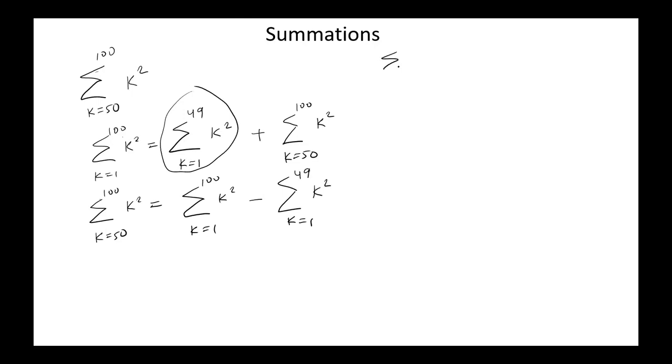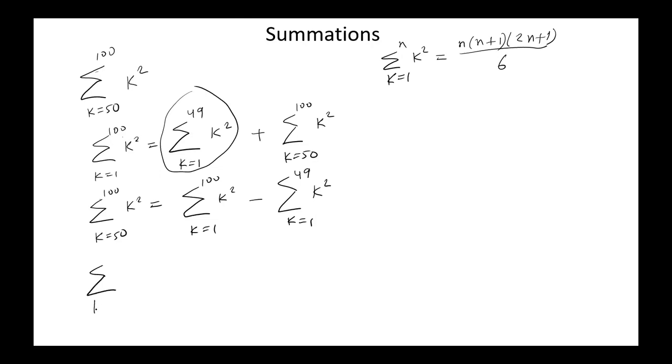Using the formula sum k equals 1 to n of k squared equals n multiplied by n plus 1 multiplied by 2n plus 1 over 6,